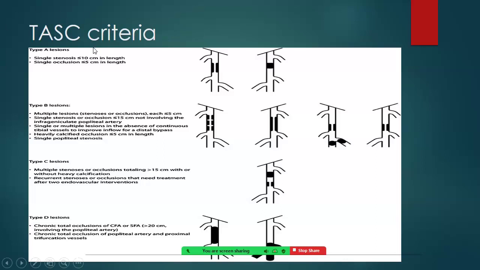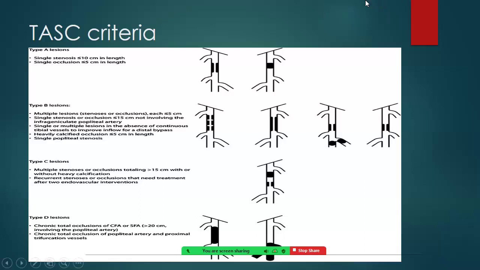Once we get the CT angio done, after CT angio we are able to see in which category the patient falls. Based on the category, we can define whether we can send the patient for surgery or directly for intervention. Nowadays, in every category we can straightaway go with the intervention. When it fails, we can go for surgery. Generally it's recommended in type D lesion that we go for surgical evaluation first. But now we are treating type D lesion also because the hardware has improved a lot. We have lots of improvement in catheter and guide wire technology. So even in type D lesion, we are able to do it by endovascular approach only rather than surgery.